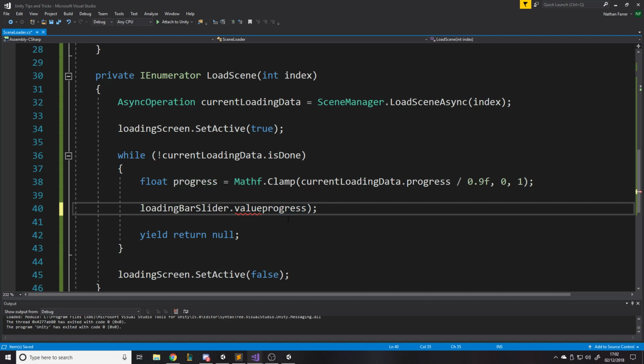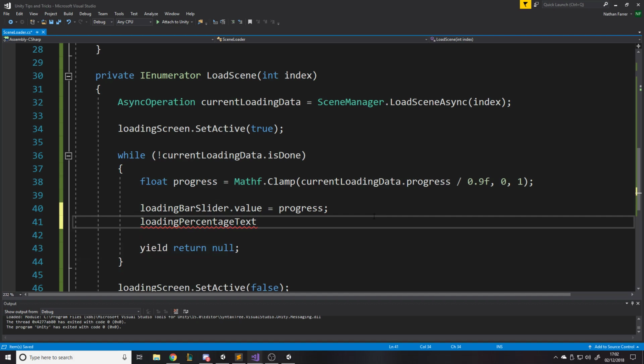Why did I call it? It's a variable. And then that's the actual sliding bar, how far across it is, which we're obviously going to have to make. And then we're going to have the text as well. So loading percentage text dot text is equal to, if you haven't seen this dollar syntax, I use it a lot. If you've watched my other videos, you'll have seen it. We want to set this equal to,